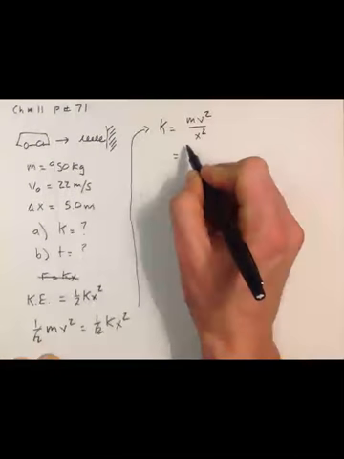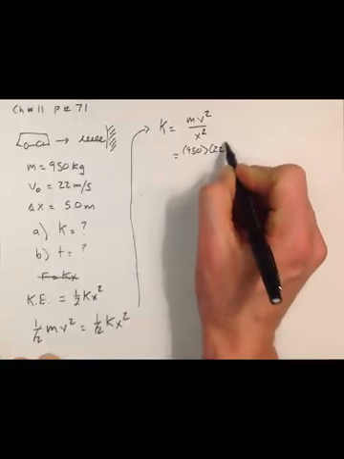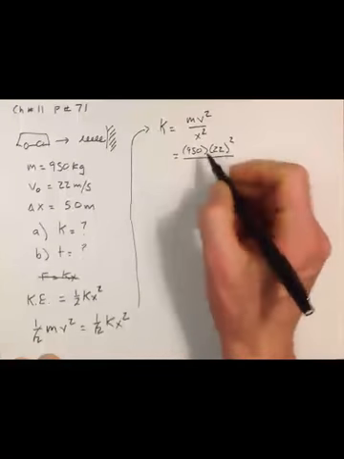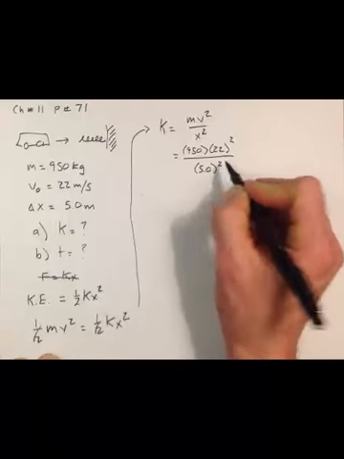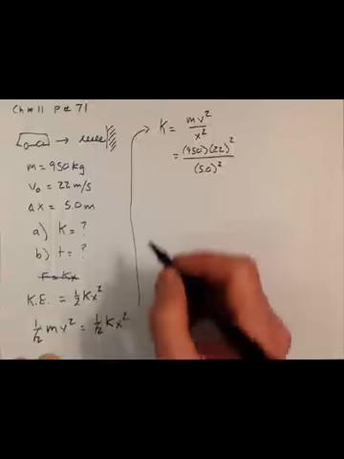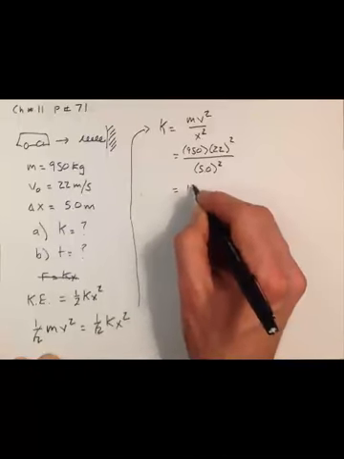Plugging in our mass, 950 kilograms, times our speed, 22 meters per second, squared, divided by the compression x, 5.0 squared, we get a number that looks like